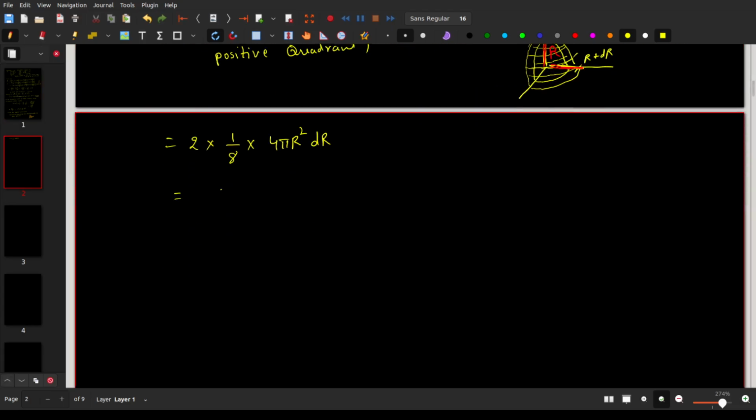So we have 1 by 4 pi, r is 2 nu L by c, r square, and dr will be 2L by c d nu. So this becomes pi times 4 nu square L square by c square